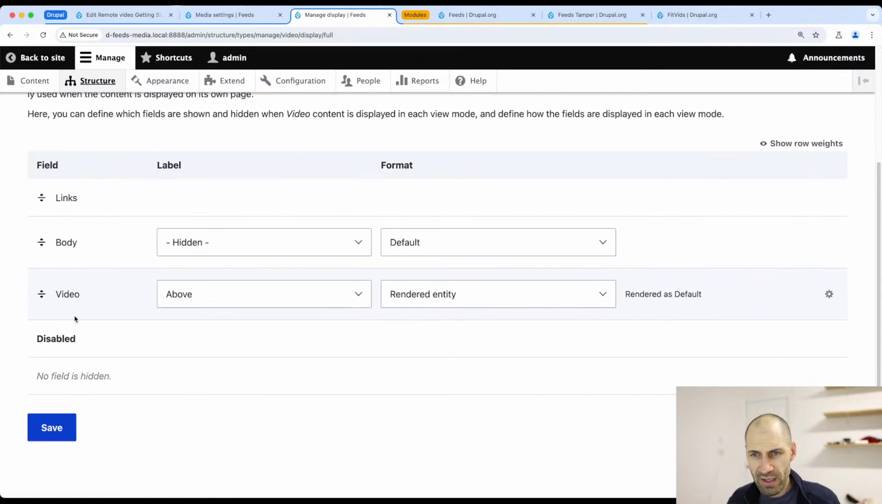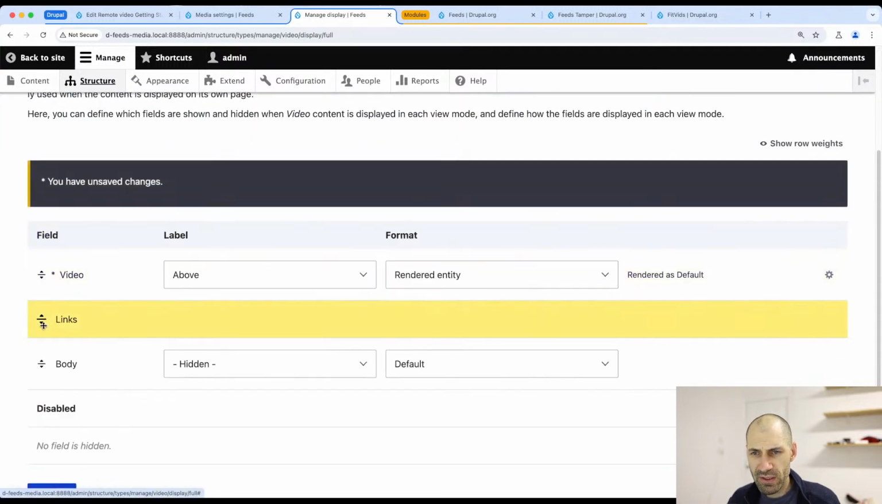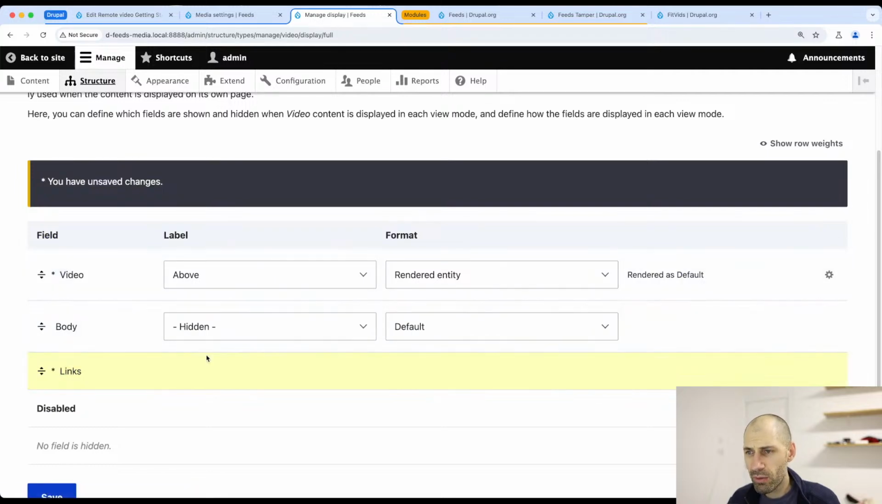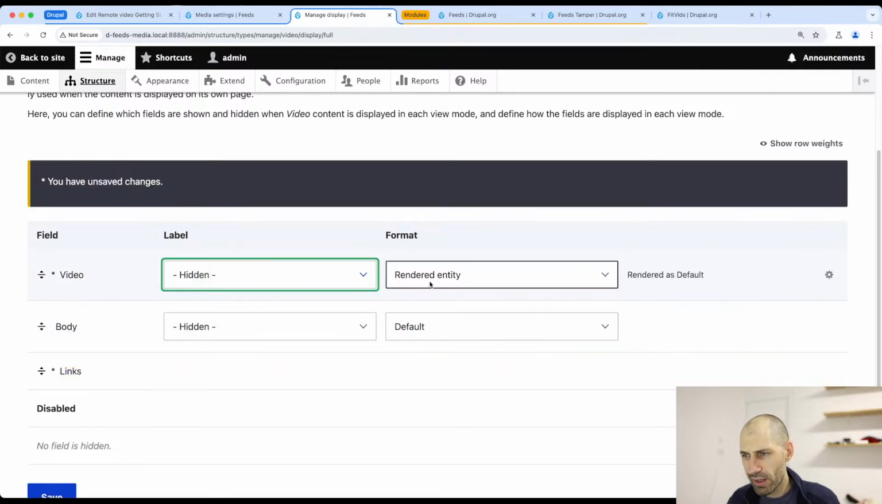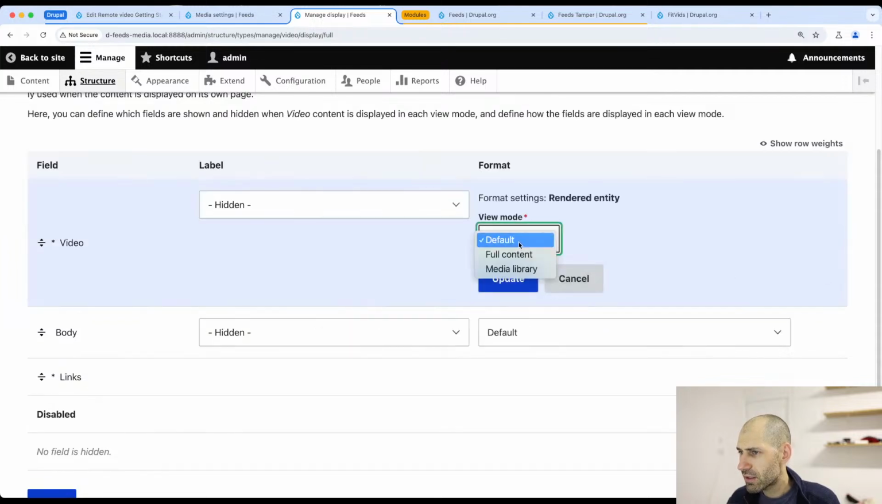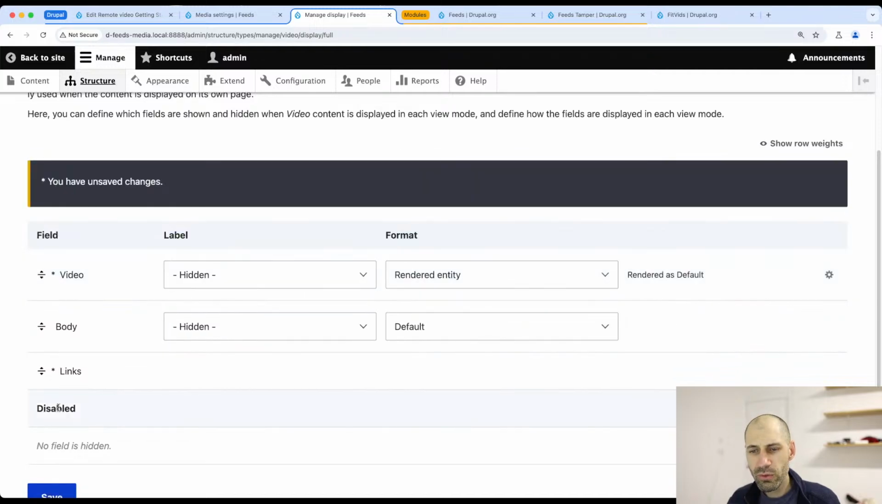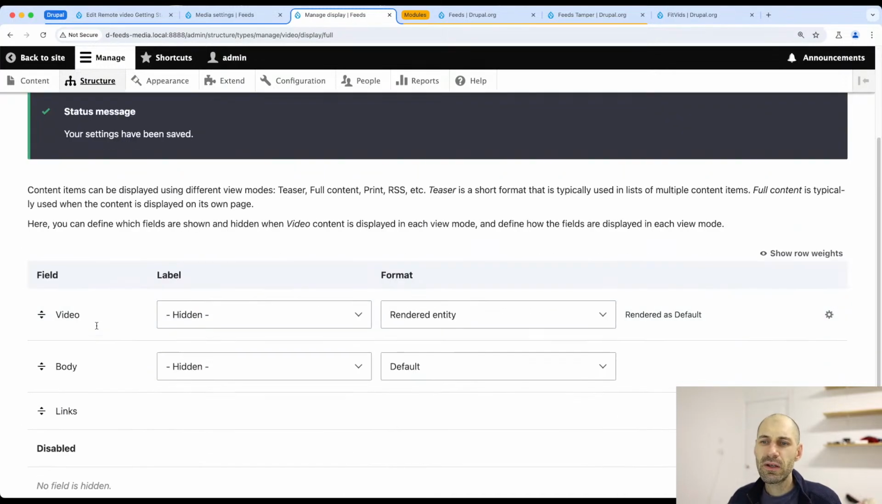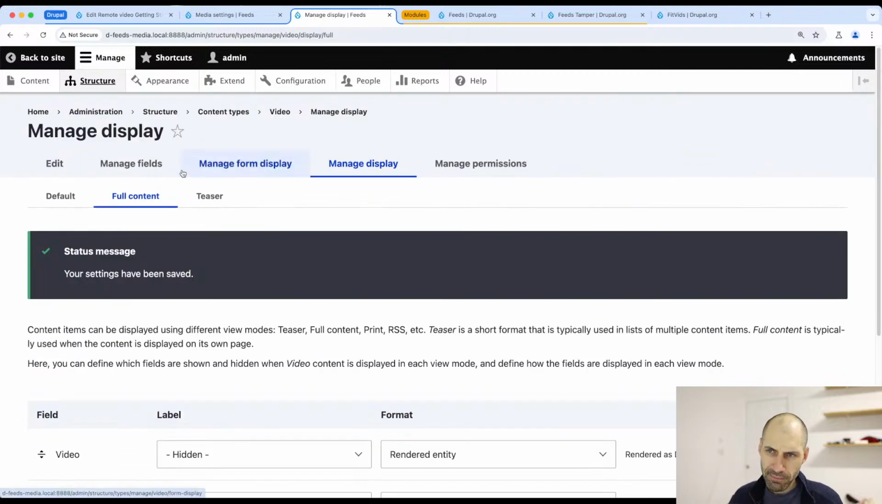Go to full content, and I'll move the video up to the top, body. Let's hide the label, leave the view mode as default, and click on save. All right, everything is done. So we've configured things. Now let's go ahead and create another